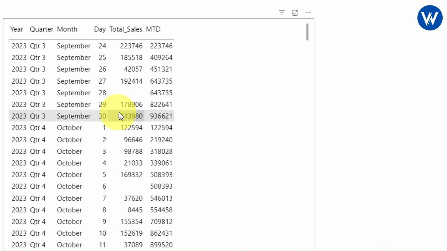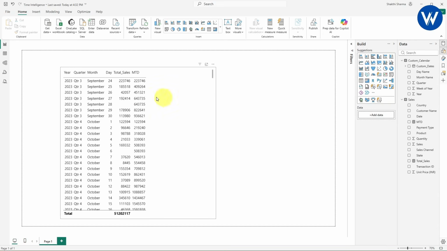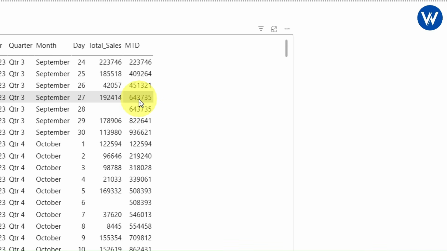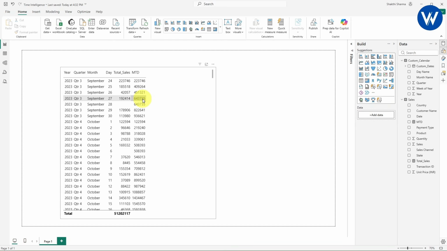After finding the cumulative total for the September month, it will be refreshed 1st October date. It will start again. So it will give the value as 1st October, which is the 1,22,000. It will start from here and it will again go and add. I hope you guys understood what is the use of MTD measure. This is very simple, guys. Just you need to understand the logic.